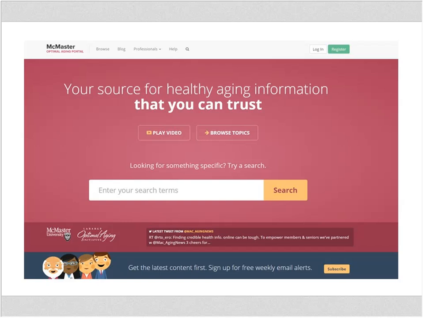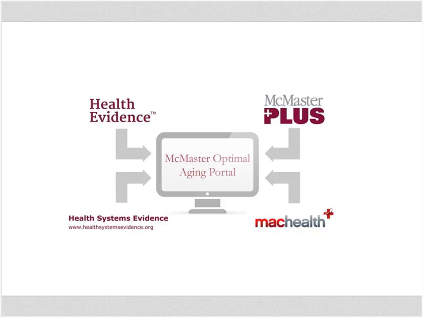So a portal is a place for bringing together much different information and providing one place where you can access a variety of different types of content. In this case, we're bringing together 3 best-in-class databases. So these feed the portal, constantly adding to and updating the content with the latest research abstracts on aging issues. So currently we have over 31,000 abstracts available through the portal on a wide variety of health issues that are relevant to optimal aging.